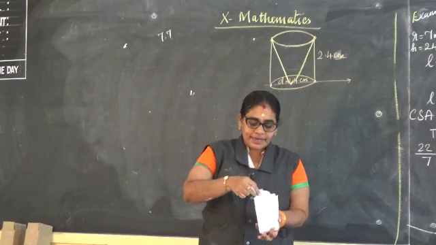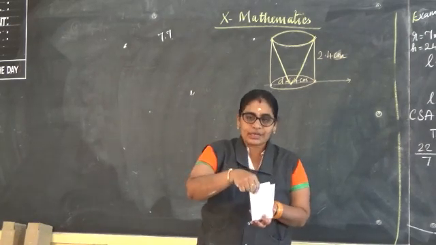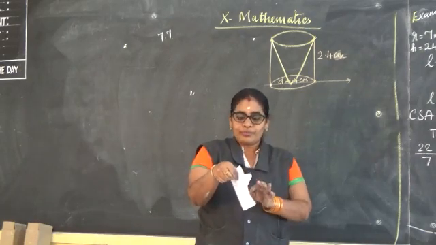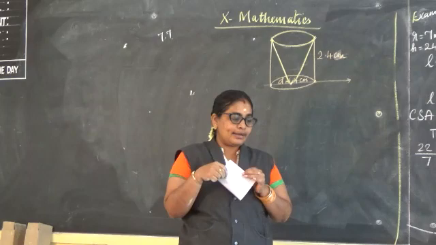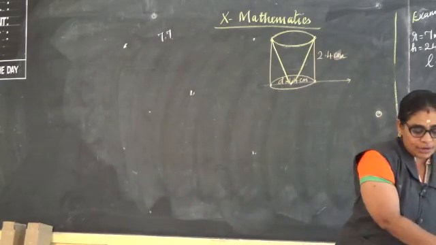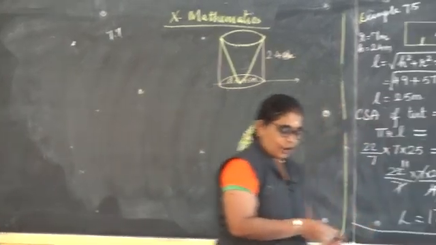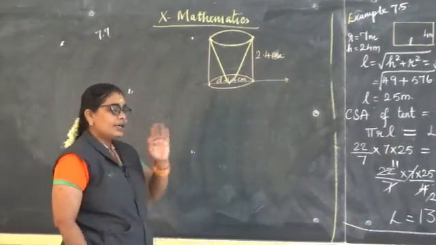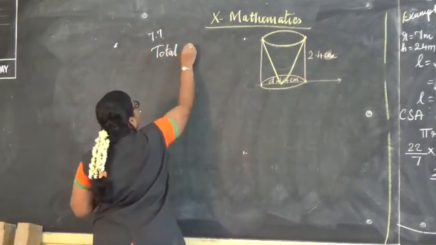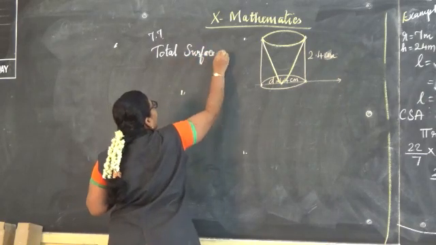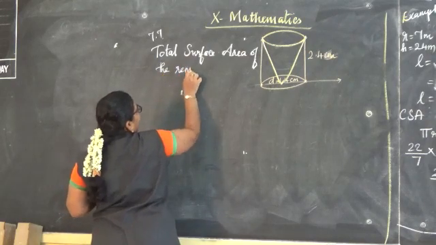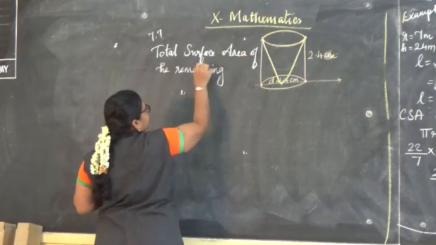So what are the things we are keeping? A cone inside. So the conical part we are keeping. When you look inside, the part looks like one cone, but outside it looks like one cylinder. So what we are going to calculate is the total area of the remaining solid. So how to write it: it is not the total surface area. Don't confuse that. We are going to find the total surface area of the remaining solid.